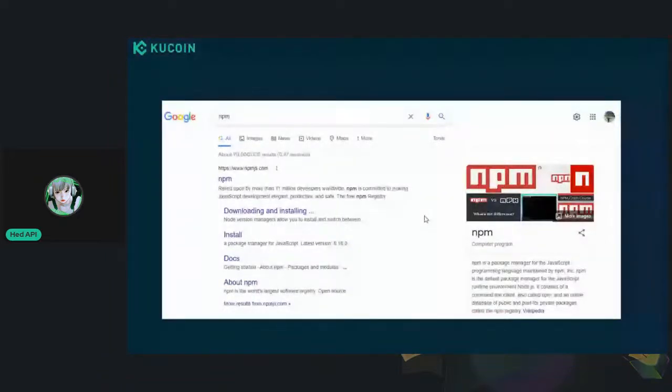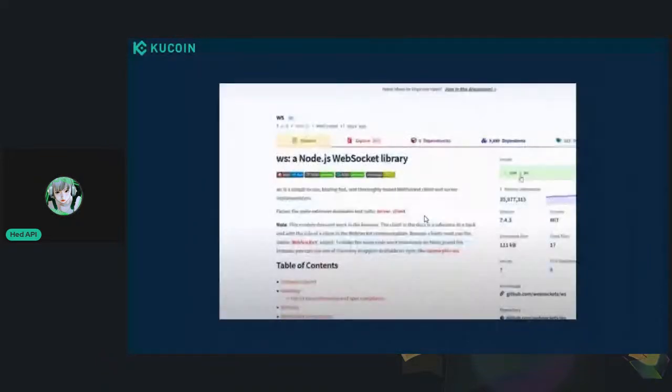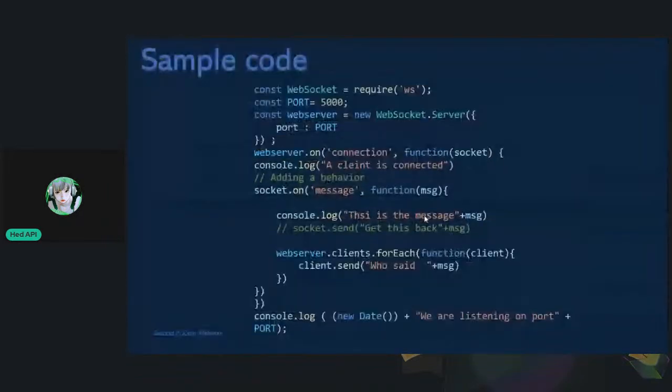I already talked about this and also about the WS WebSocket library in Node.js. You already saw it. And this is the client-side program that I wrote in Node.js. I already tested it for you. You can see that